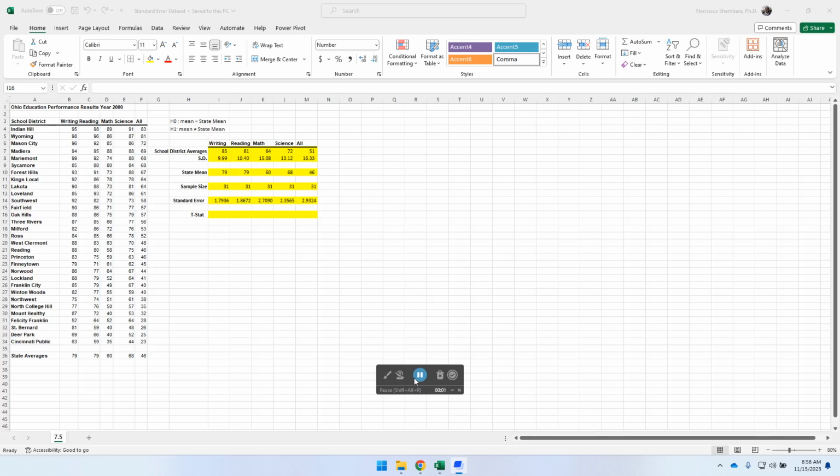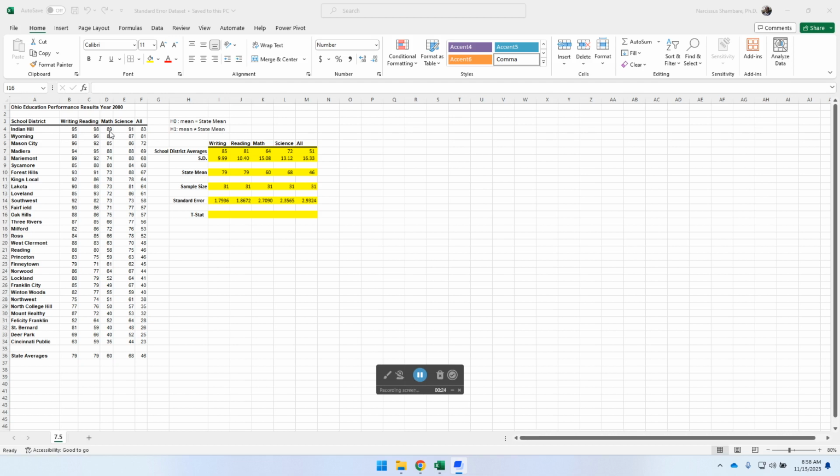Hello, welcome to a quick demonstration on how you can calculate a t-statistic. T-statistic is a measure used in hypothesis testing to determine if there is a significant difference between the means of two groups. Right, so this step-by-step process really would require you to calculate the simple means, and in this particular